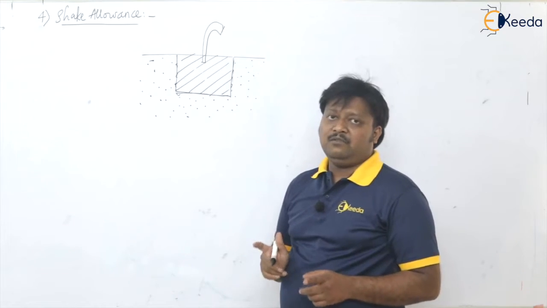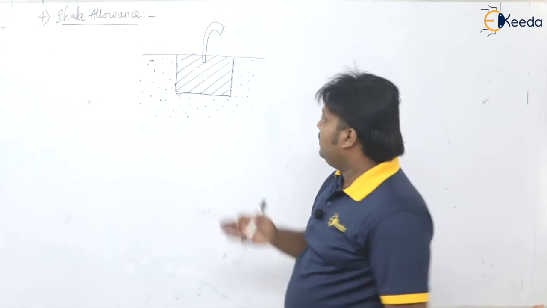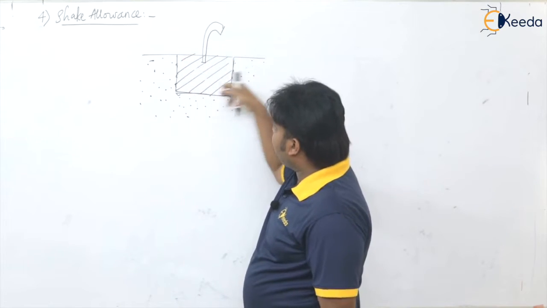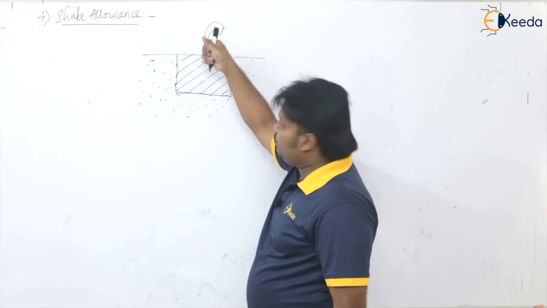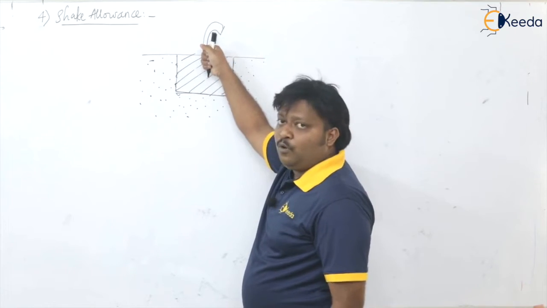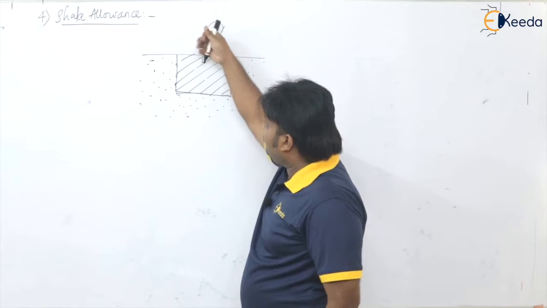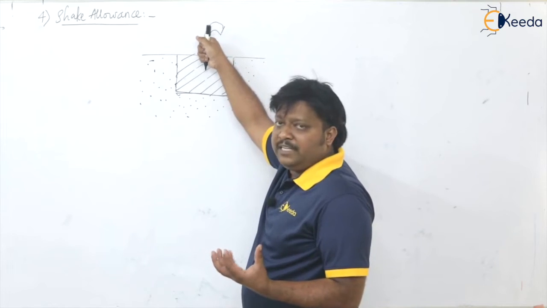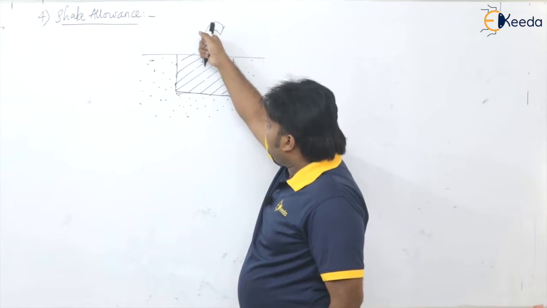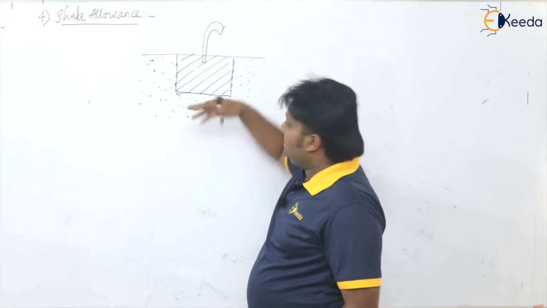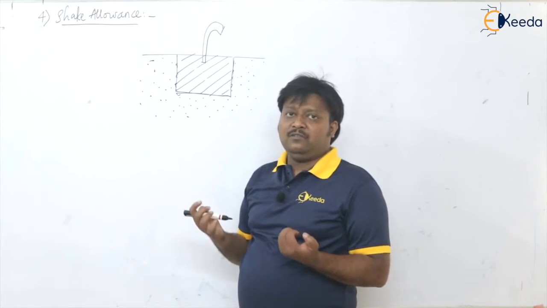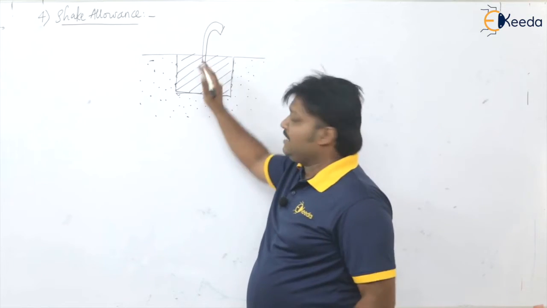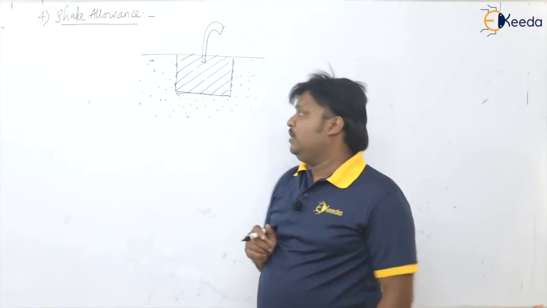So to avoid this, what the mold maker does is, after lifting to a certain height, to place whatever sand has adhered to this pattern back to its proper position, the mold maker shakes this pattern by some amount. Because of the shaking of this pattern, whatever sand came out from the mold surface goes back to that position and settles down there, so no damage to the mold occurs.